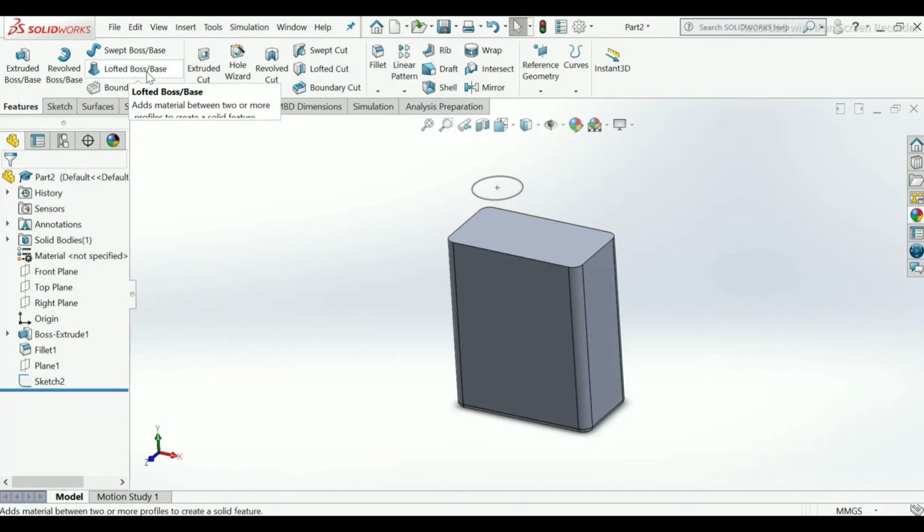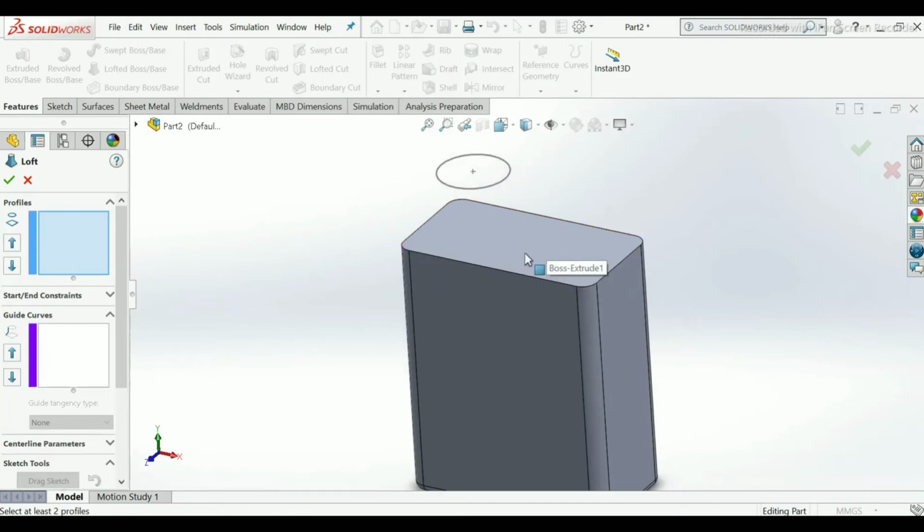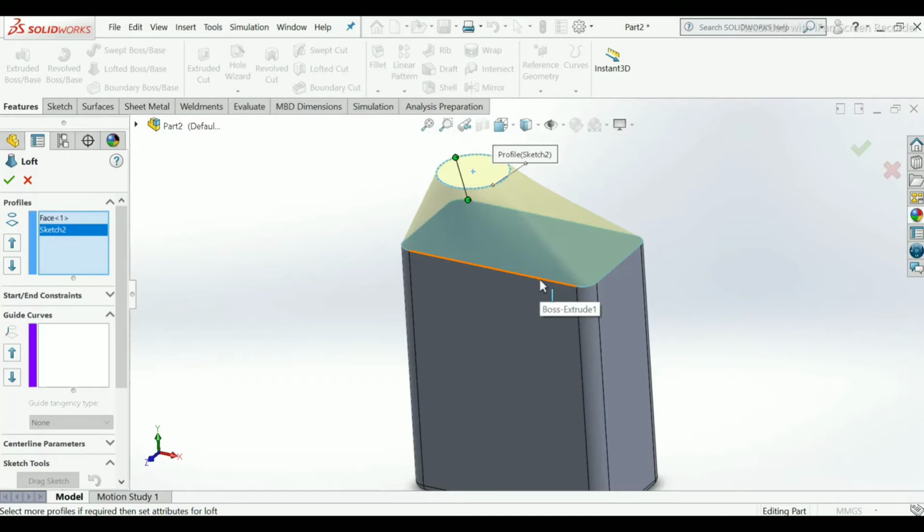Choose loft command from features manager, loft tool. Select this plane. Select this sketch. Now loft has been created. To give it proper shape, we will use start and end constraint in the loft tool only.